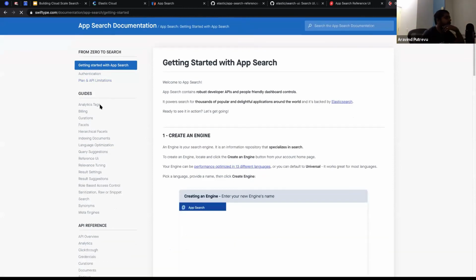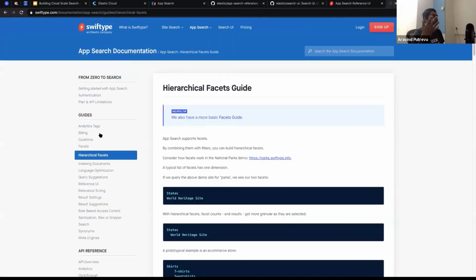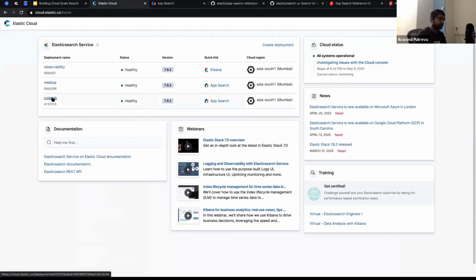So then there is this guide, where you would simply be able to do some hierarchical facets, like what you were telling, say sort the particular field in a specific format, and do some sort of things. But I would definitely say that it is not something like your regular Elasticsearch where you do aggregations, multiple aggregations or histograms or other stuff. But if you really want to do analytics on the data that is present there, you could simply use Kibana here.